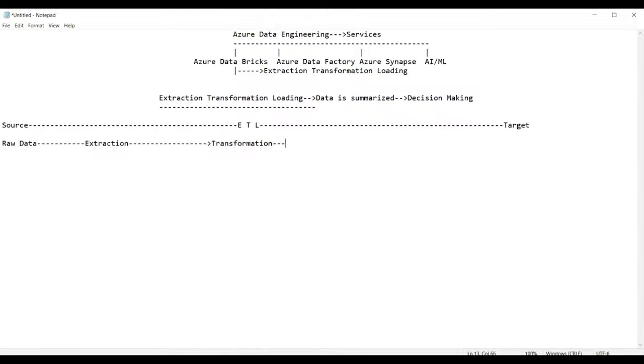Once the transformation is done on the data, it is finally prepared and loaded into the target, which is called the destination. Getting my point? Now guys, this is a bit technical. I want to simplify it and explain it to you.